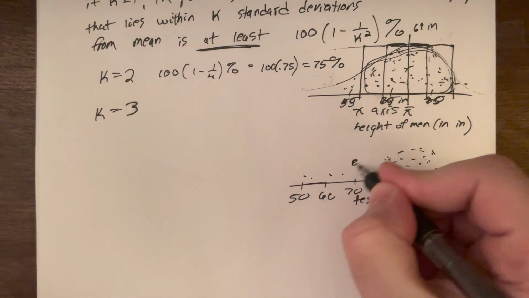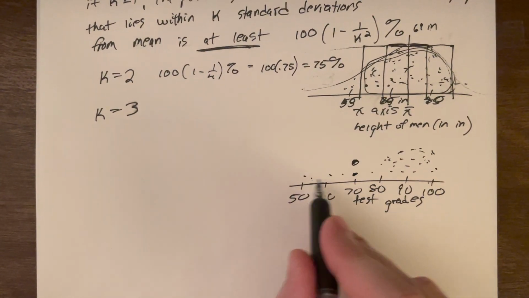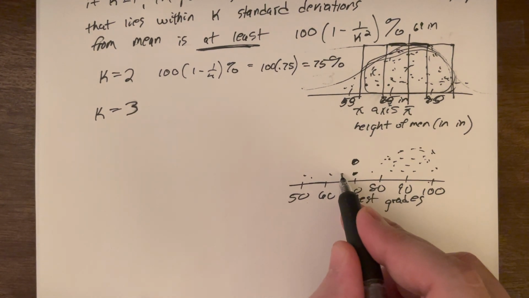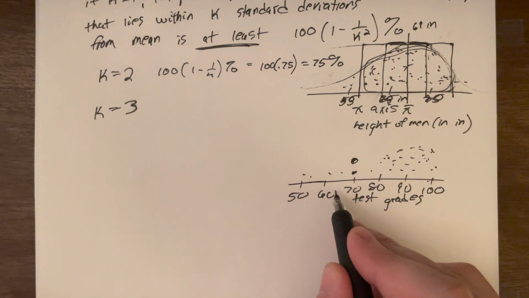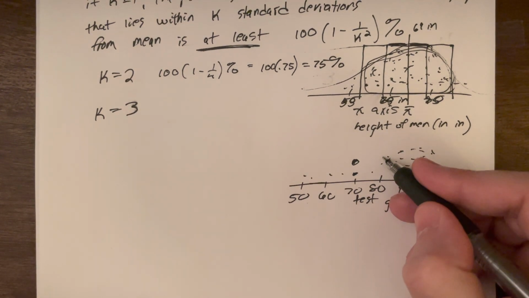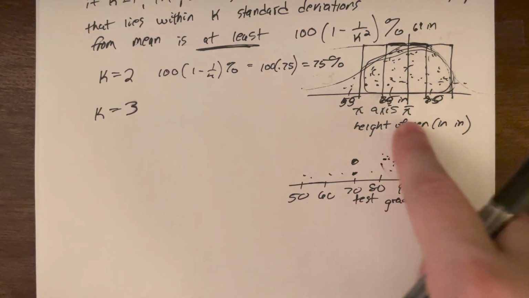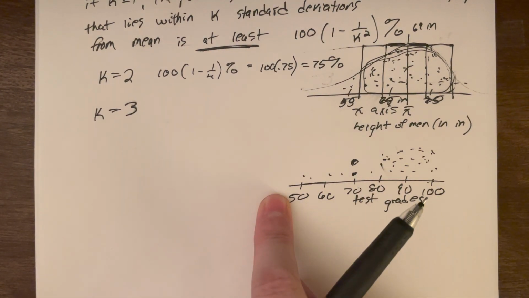Actually, I shouldn't put this person up high. There's nobody below them. So all these, just one person got a 78. One person got a 70. One person got a 67. One person got a 62. Several people got an 80. This person got an 80. So I've got lots of people up here, but then a few scattered people down here.